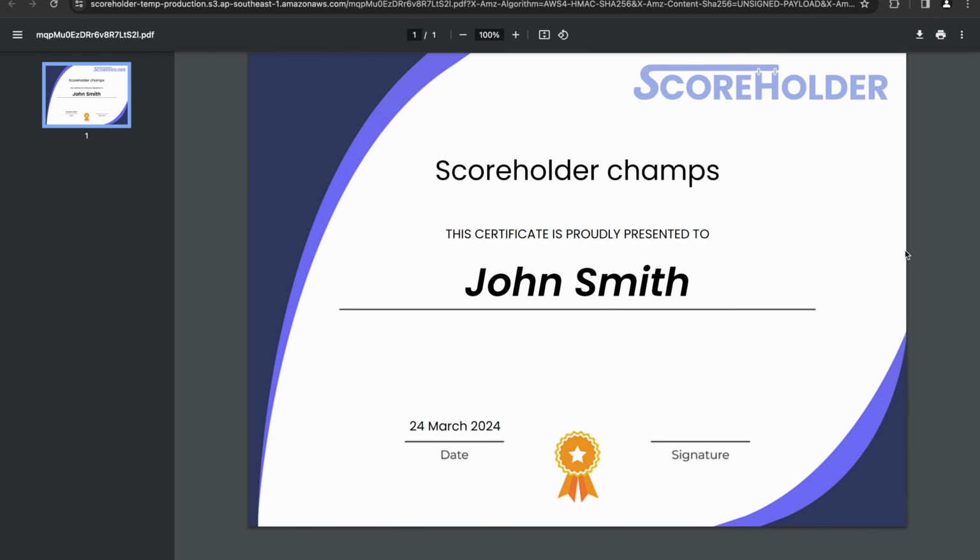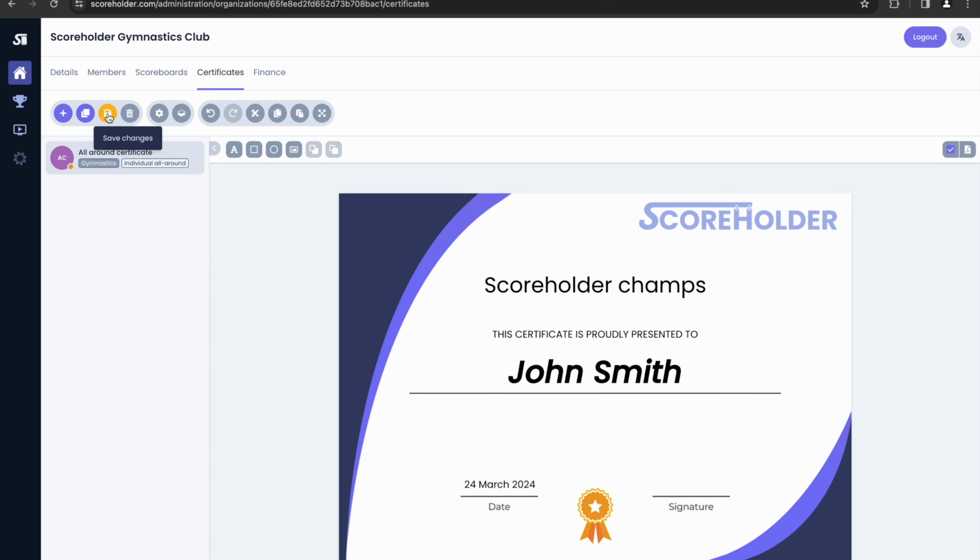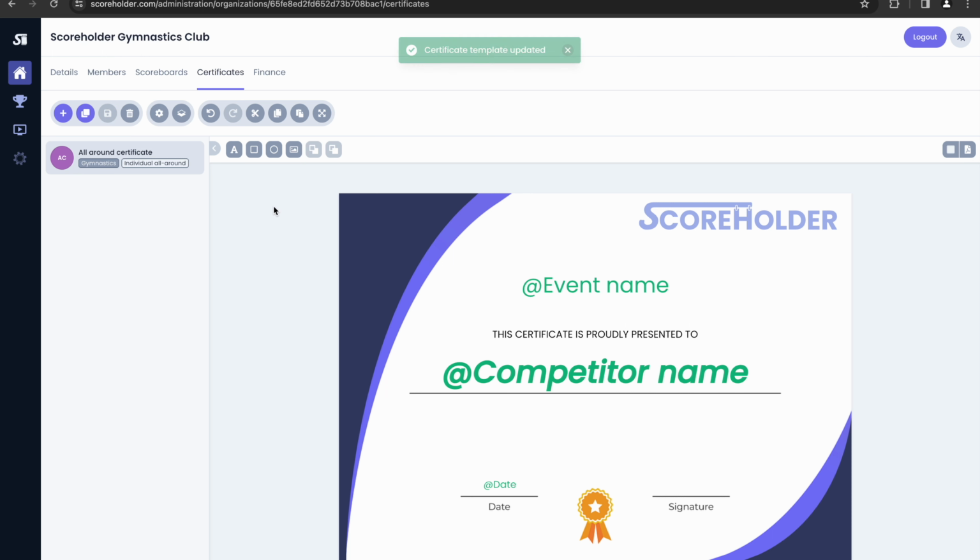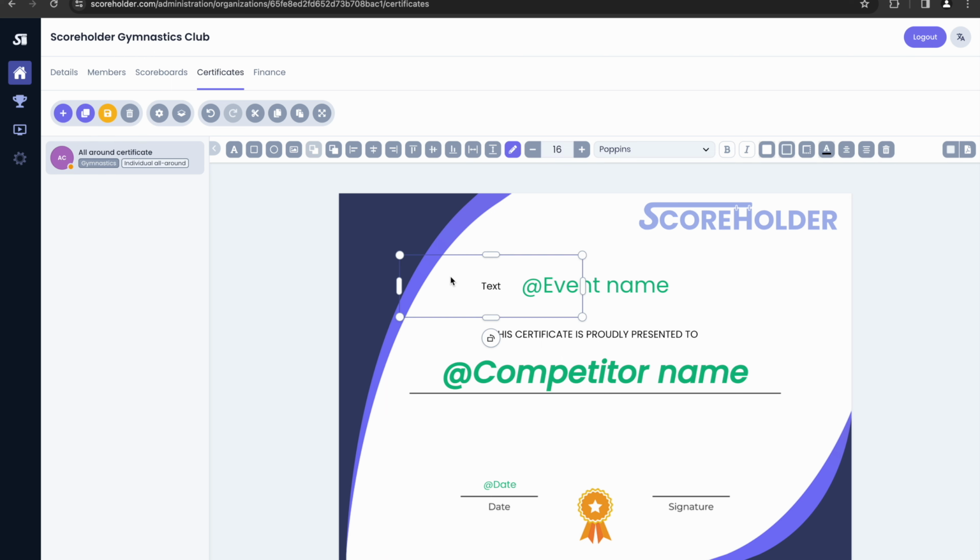Alright, so that's looking pretty good to me. At this point I can save the certificate and it's ready to go. Okay, the next thing I'm going to do is add some more details. I'm going to add another text block, bring that down here,